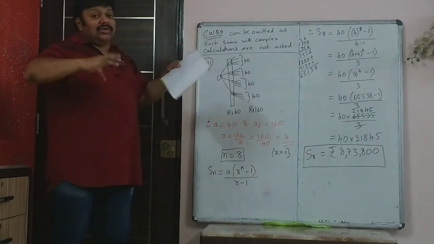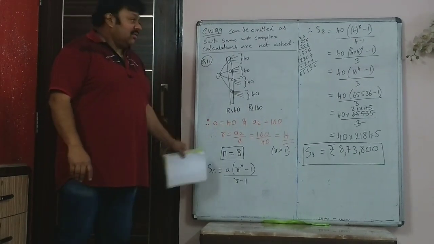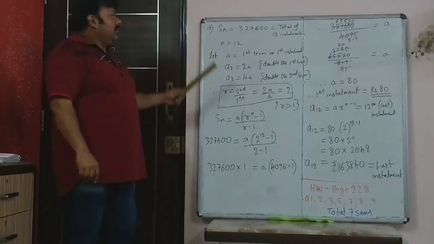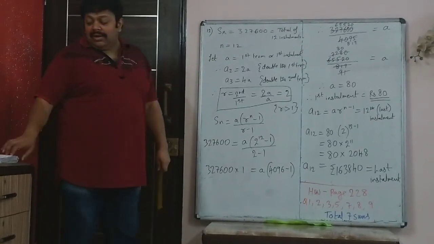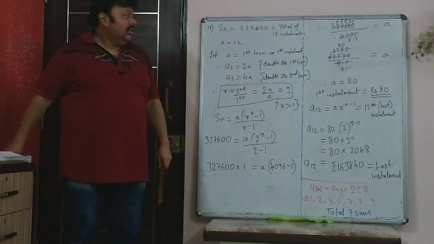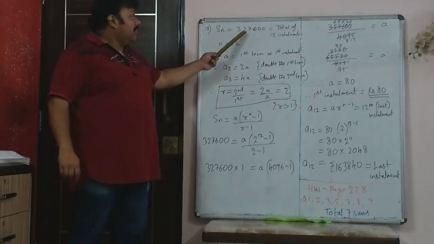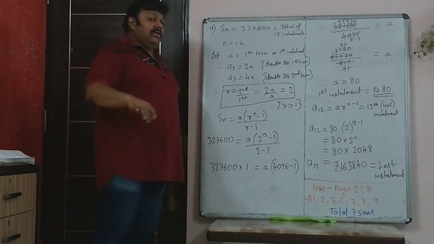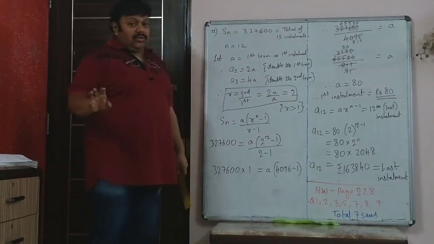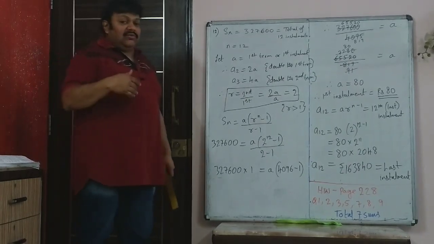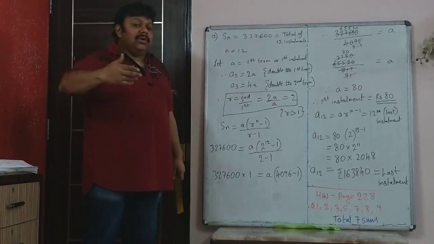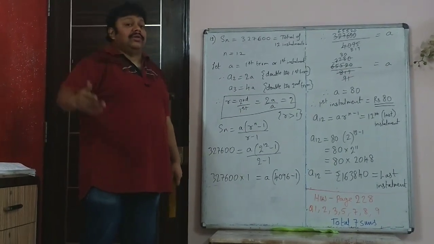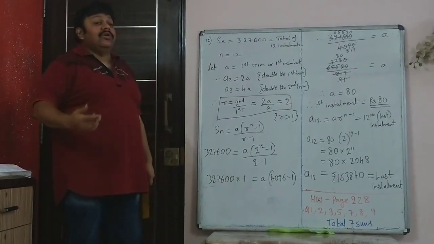So GP is a big progression. Write this down, last sum we will finish now. Yeah, now in the 12th sum, you are given that the person is going to pay his loan. His total loan is 3,27,600. He is going to pay that full loan in 12 installments, but it is not equal installments. The first installment, if it is x, the second will be double of that, 2x. The third will be double of the second, that is 4x. That way, he is going to pay in GP.